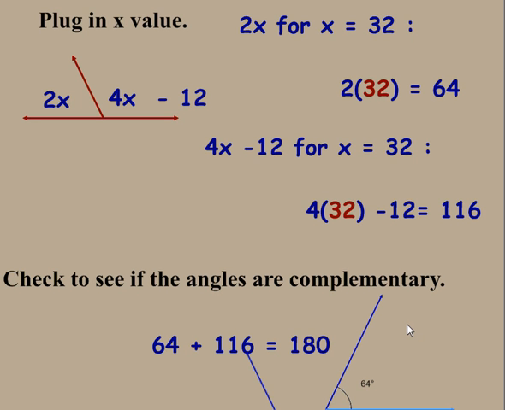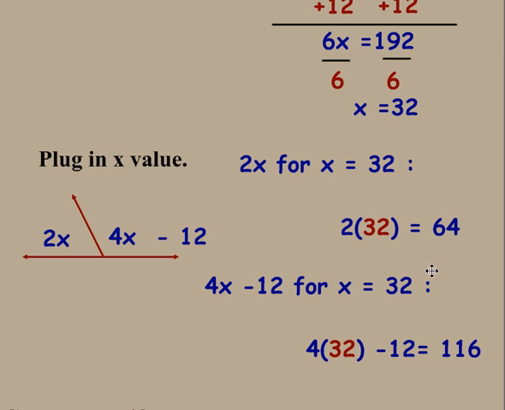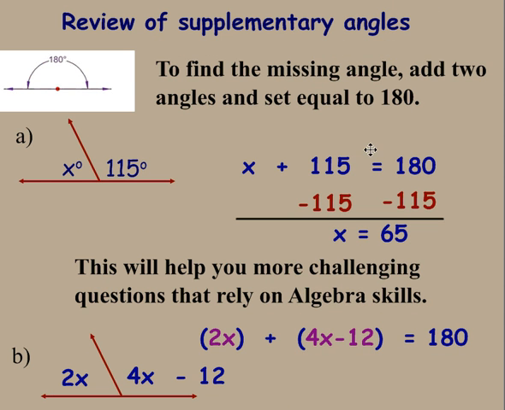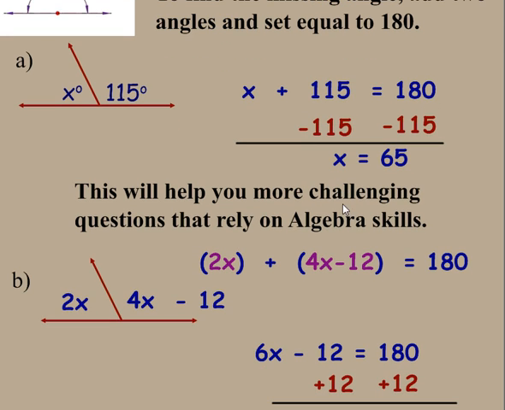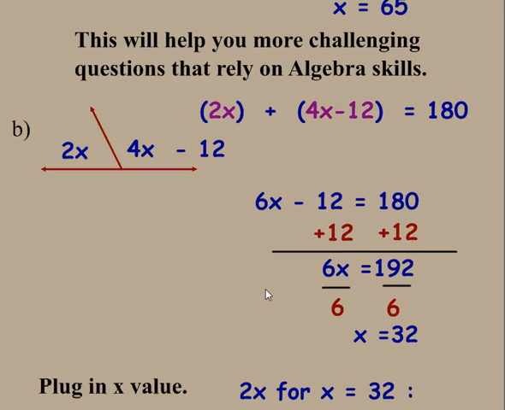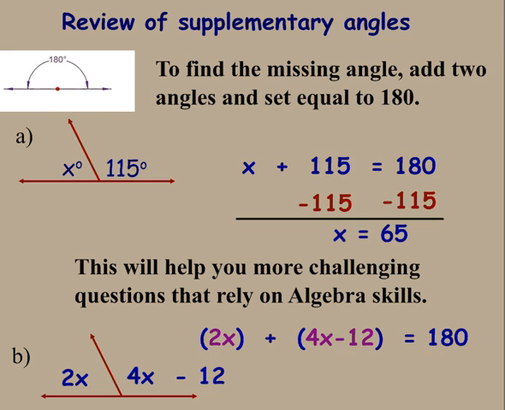And both of these angles are supplementary, so they do add up to 180. So keyword with supplementary is 180. Set your expression equal to 180 and solve for your variable. If it's something more complicated like this, your last step is going to be plugging in. One more to go. We're going to do vertical